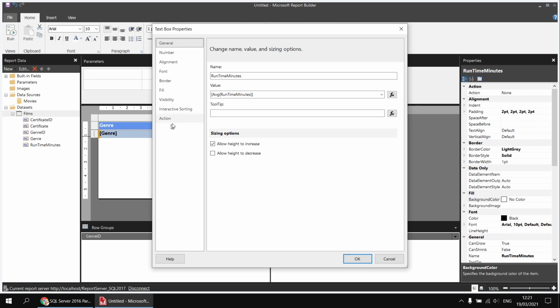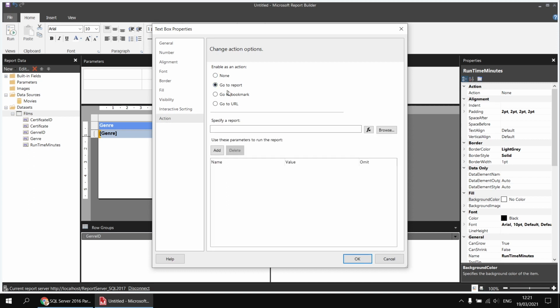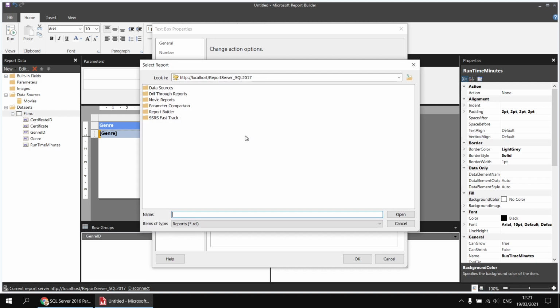From the dialog box then I can select the action tab on the left hand side, and the action I'm going to set up is to go to a report. I can then select the report by clicking the browse button, and this is where I need to select a report on my report server. I can't select from my local drive. I can go to my drill through reports folder, find the one that I just saved, genre certificate target report,